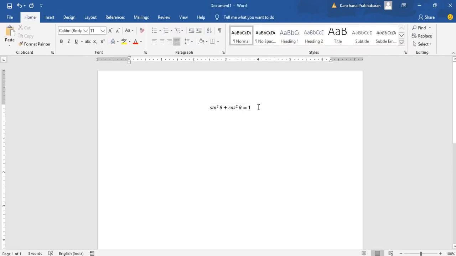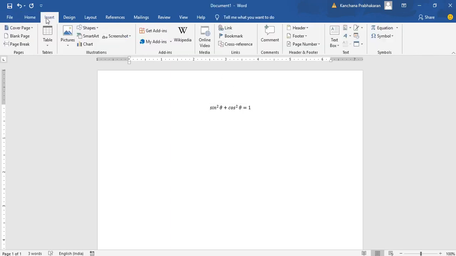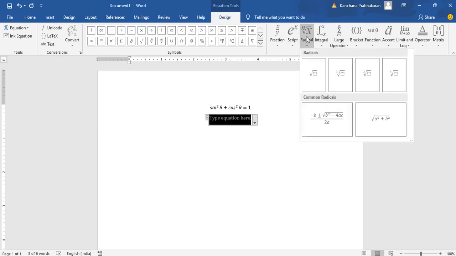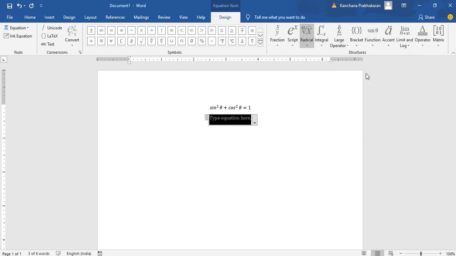Let me see one more formula, like an algebraic function. Go to Insert, then Equations. I want to find some root functions. Okay, the square root function, root of x. If I again want to apply some exponent functions here, go to Script now, then choose this one.